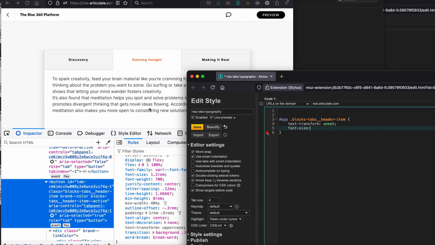This is a heading element according to Rise. So let's do 1.6 rem. That's going to be 16 pixels. Looks kind of big now. So I can see why they wanted to make that smaller. But the other thing that's making it look so big now is the letter spacing. So if we do letter spacing,